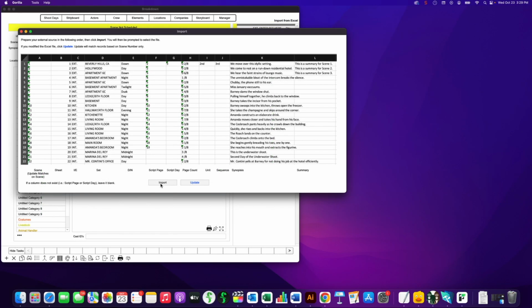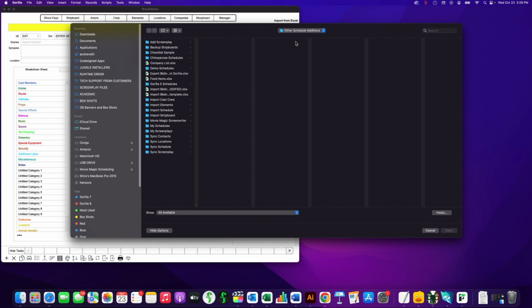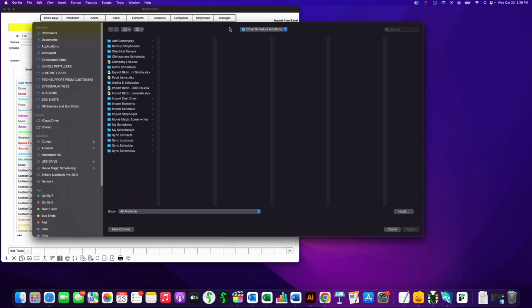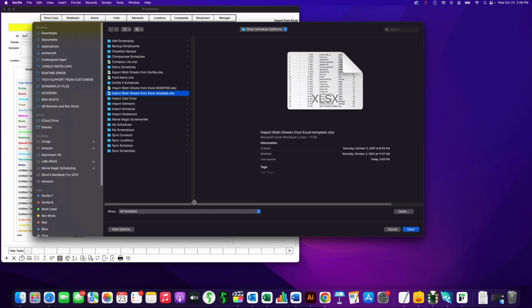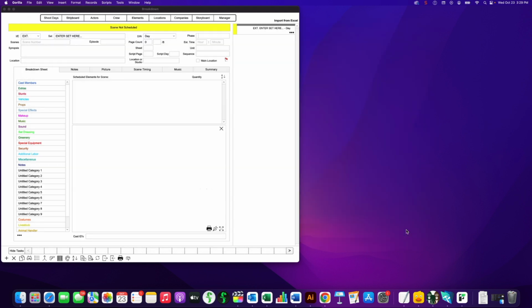Okay, let's go ahead and click on the Import button. Now we're going to have to locate that file. I'm going to just import the sample file. It's actually right here. Let me open this up a little bit more, import breakdown sheets from Excel template, and